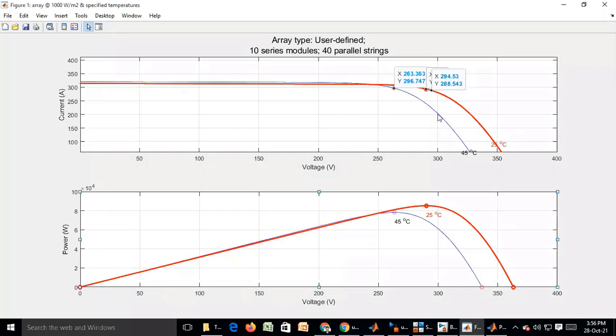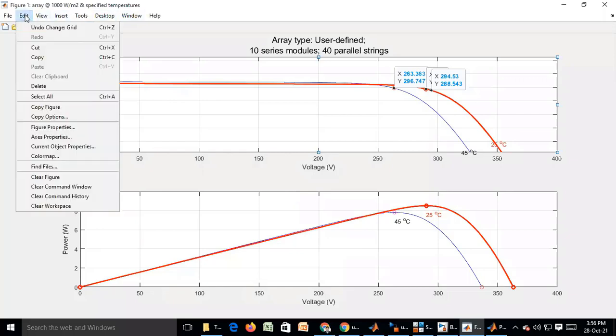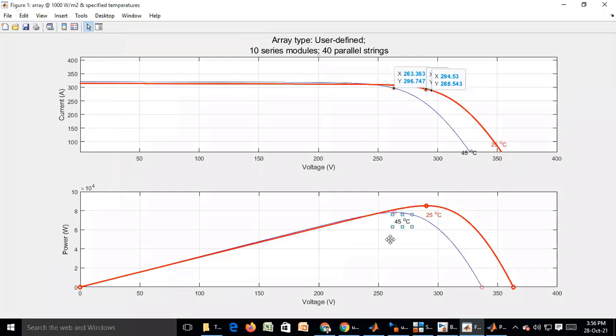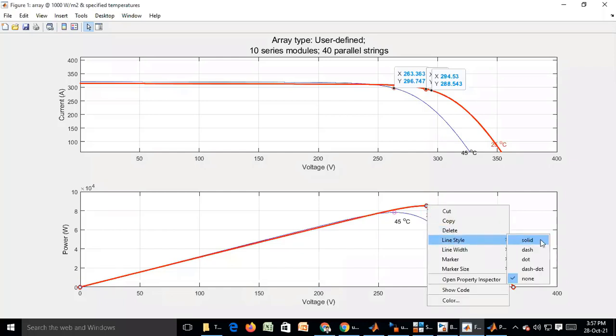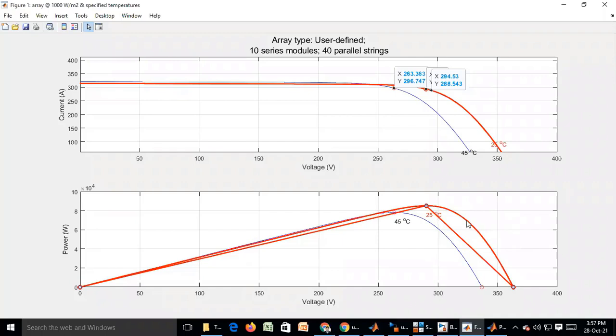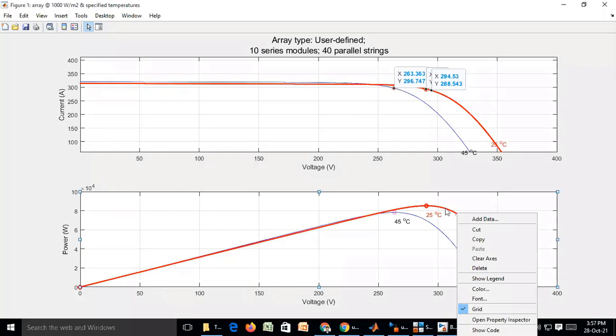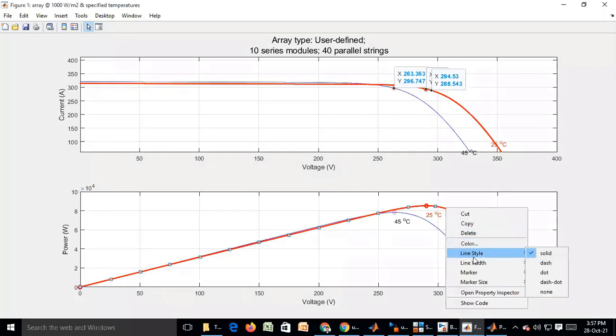Here also the axis properties can be kept. Line thickness and line style can be changed, even the solid style you can pick, or the line width can be added.